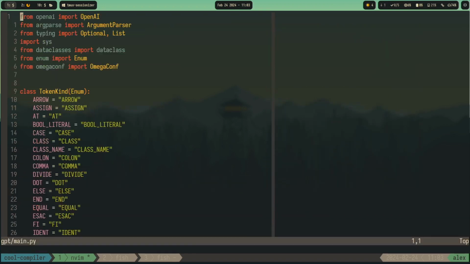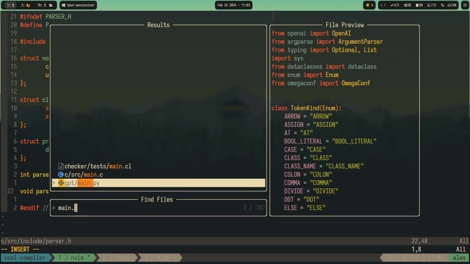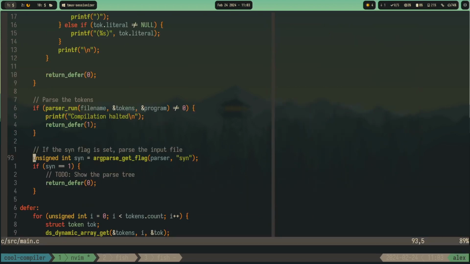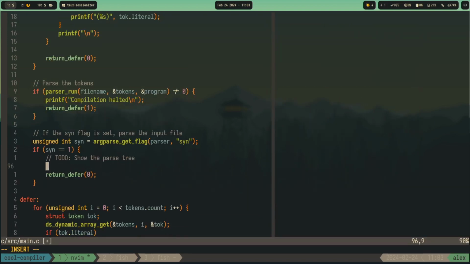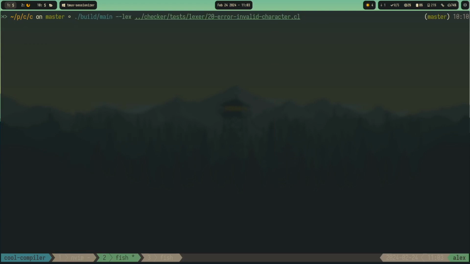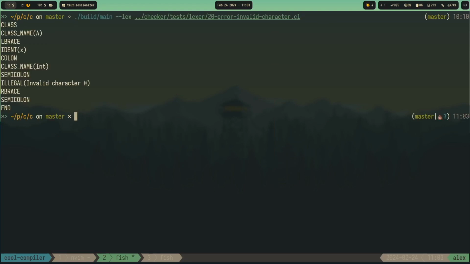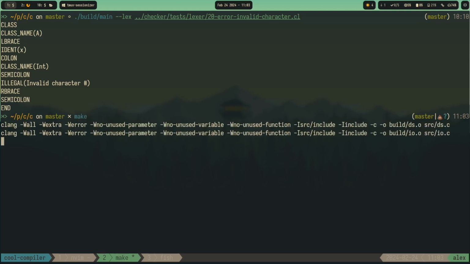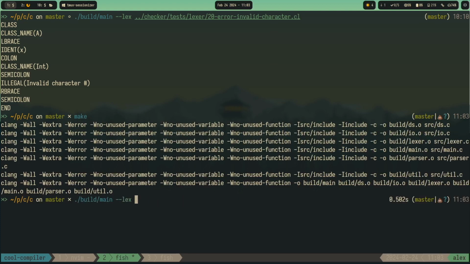And now in the real main, let's do parser print program, something like this. So let's make, and now let's run syntax analysis,